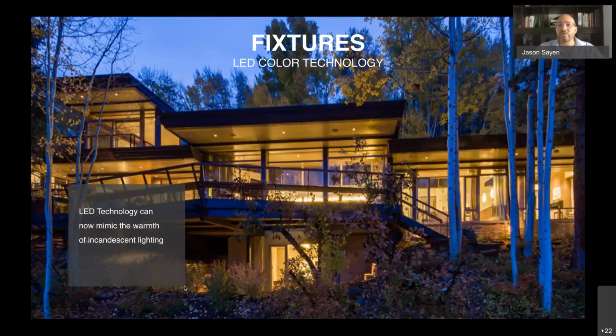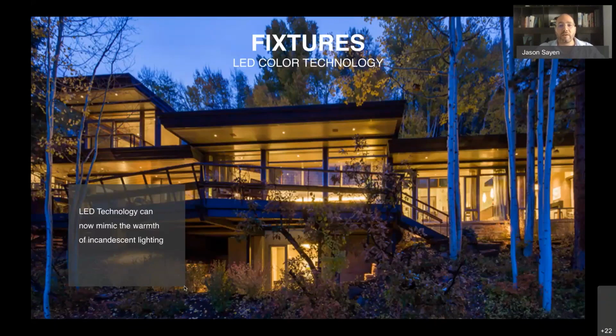They kind of stay at a static color temperature. And even a lot of the entry level LEDs, although you can choose your Kelvin temperature, a lot of people choose a 3000 or a 2700, which is pretty natural. When you dim that fixture, it really doesn't change in color temperature. And a lot of times a 3000 or 2700 Kelvin temperature, as you dim it, it actually starts to get gray. And that has an effect on our body and how we respond, but it also has an effect on the